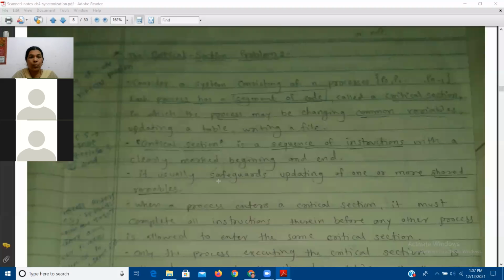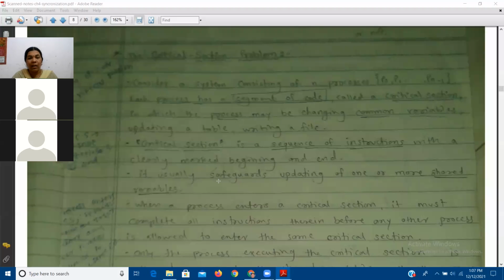Whenever any process wants to use the resource, that process has to first of all request that resource. What do I mean by request? It means checking the status of that resource, whether it is busy or free. Requesting means it executes a part of code with the help of which the resource status is checked, whether busy or free. If it is busy, the process has to wait as the resource is busy with other processes. If it is free, it will be allocated.